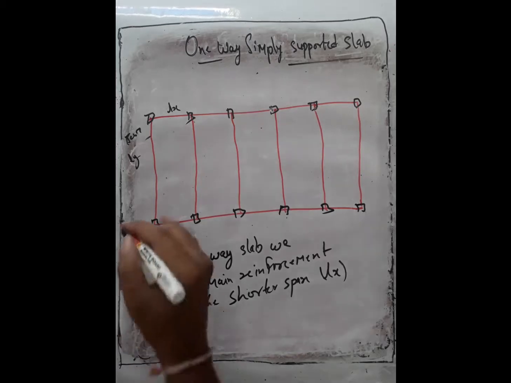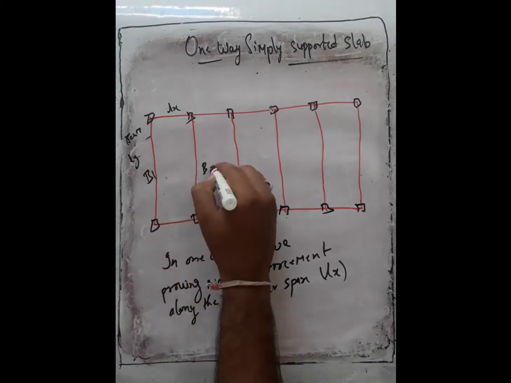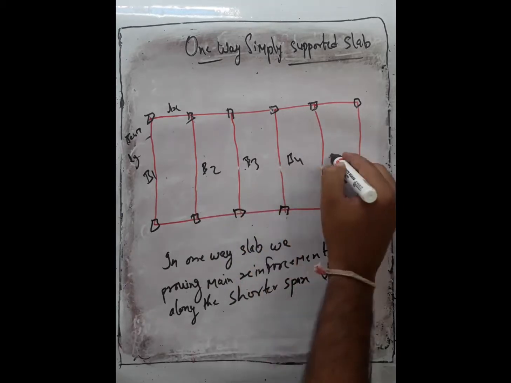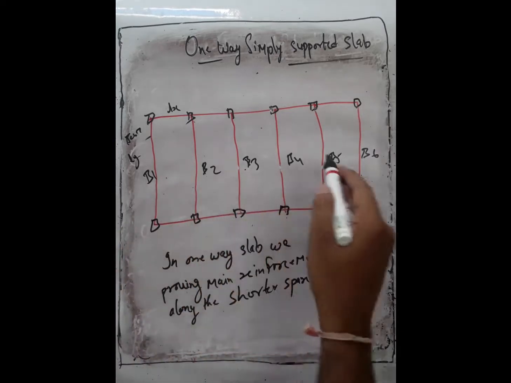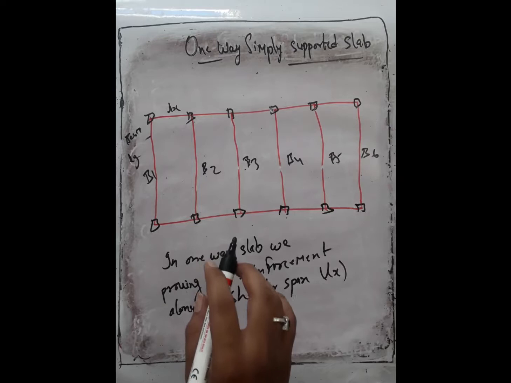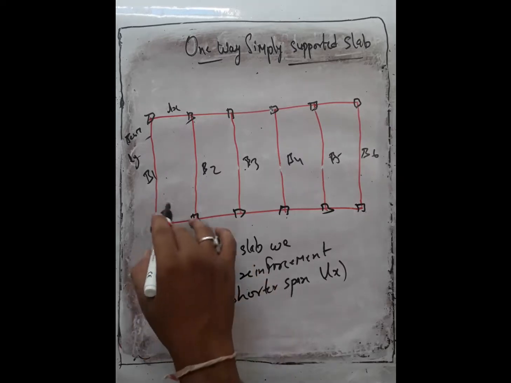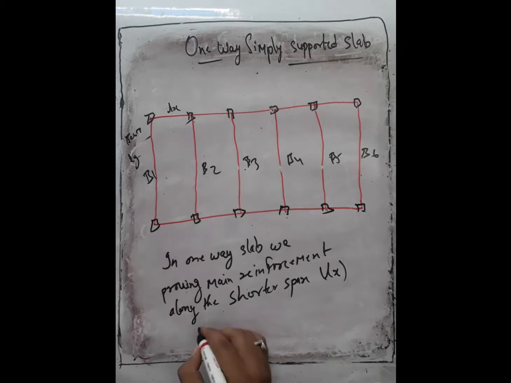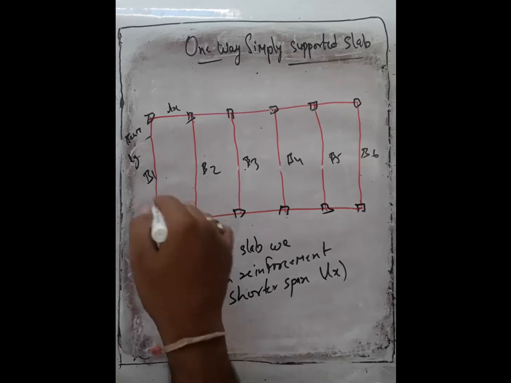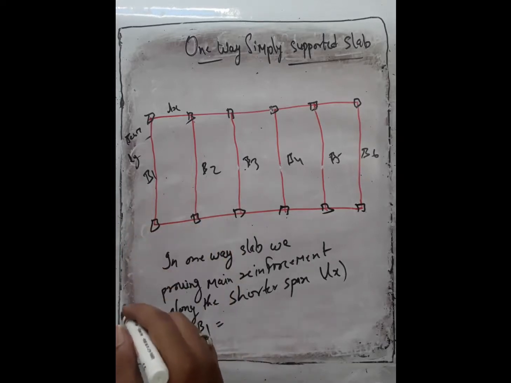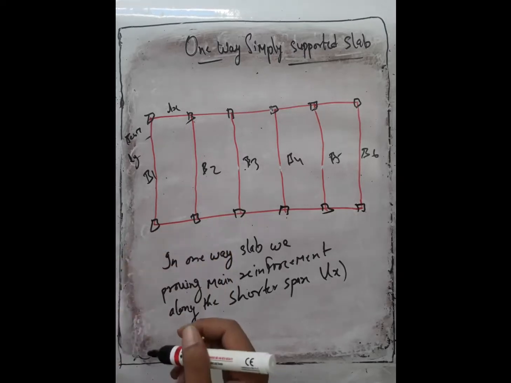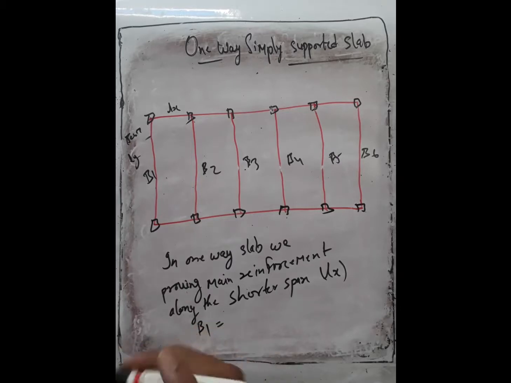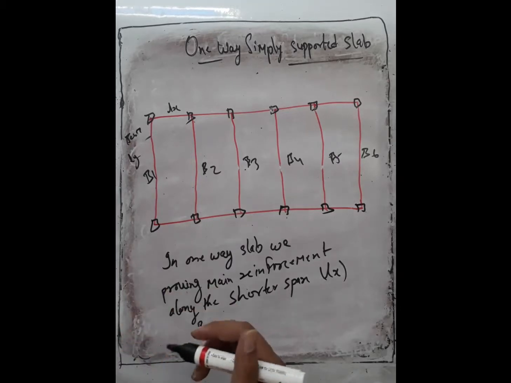Okay, so for the area of slab transferring the load to the beam in this condition, say this is B1, this is B2, B3, B4, B5 and B6. B means beam: beam 1, beam 2, beam 3, beam 4, beam 5 and beam 6. If this slab transfers the load to beam B1, we know that in a slab UDL is applied. UDL is the uniformly distributed load, and we have to find the force at the support because the load transfers to the beam.